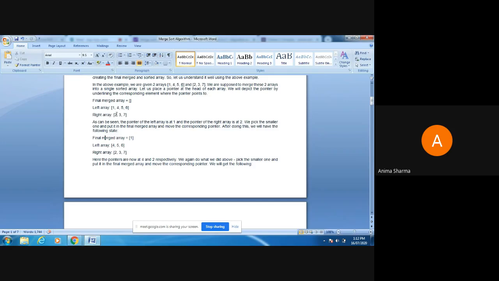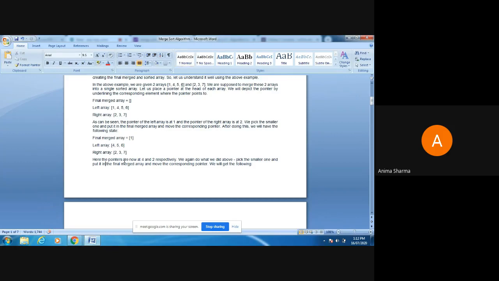So it will compare with the right subarray's first element. Here we can see that 1 is less than 2, so in the finally merged array we put the element of the left array in it. That is, 1 will be moved to the finally merged array. Now the elements left in the left subarray are 4, 5, 6 and in the right subarray are 2, 3, 7.